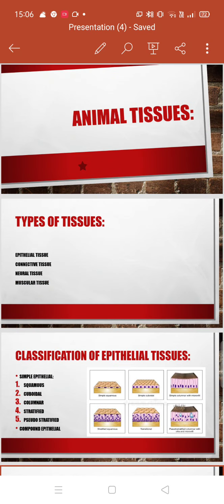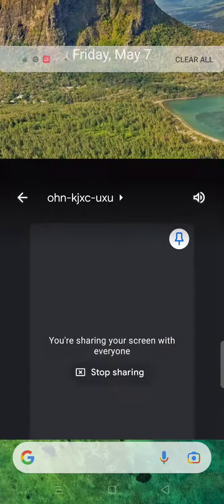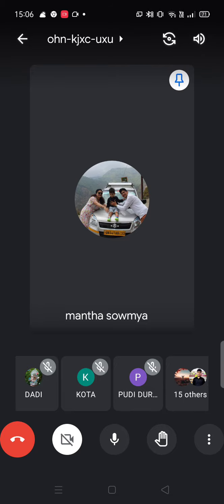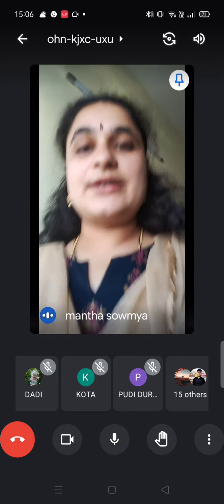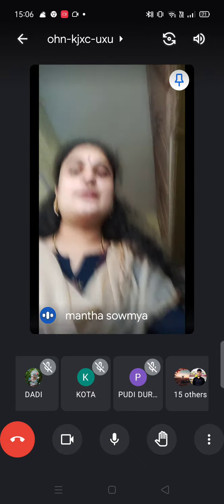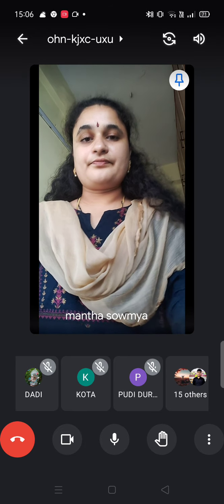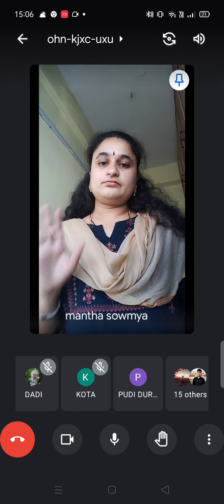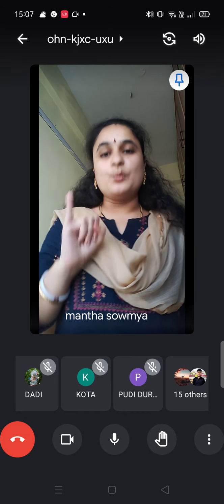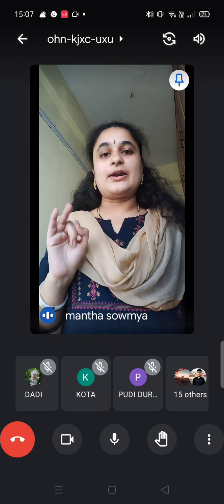And then the second one is connective tissue, which connects. The name indicates that it connects one organ to another organ. There are four types of connective tissues. One is bone, the second is liquid connective tissue, that is blood, and the third one is